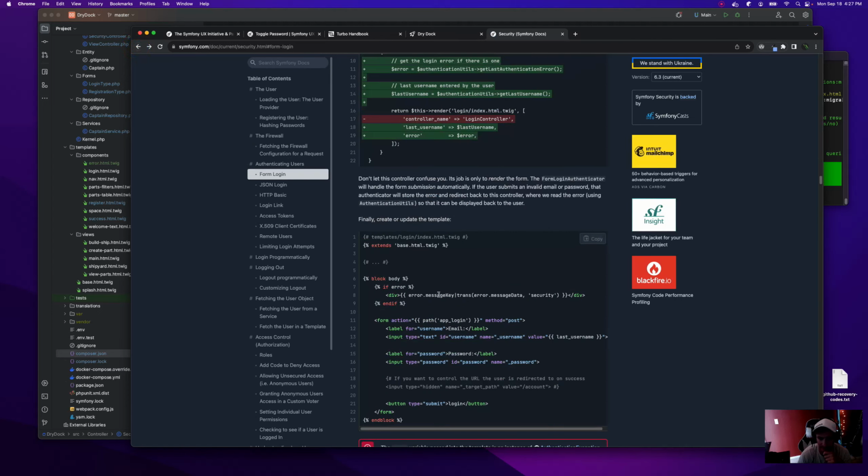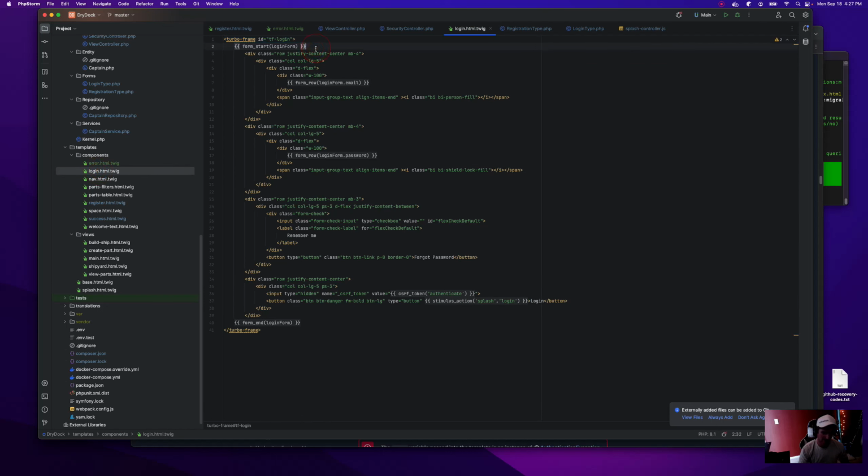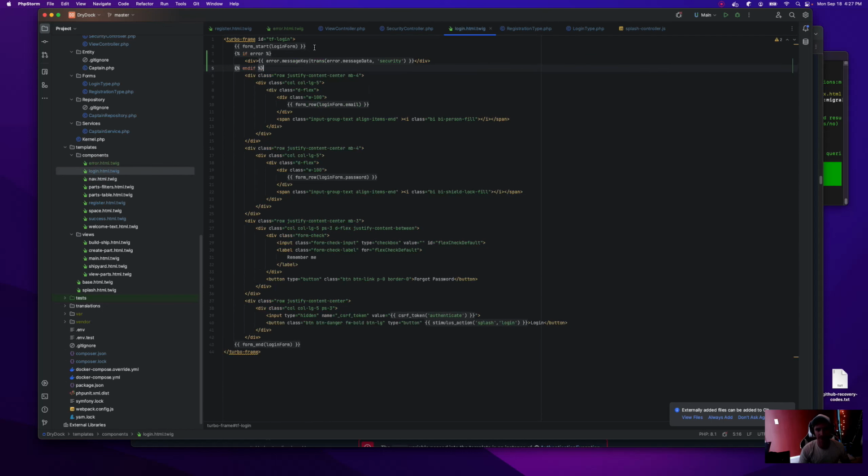Here we go. We're going to need to add this, and value of last username, that's going to need to get added as well. And we're going to have to do that in a twig thing, but it'll just be blank for now, that's fine. But you see what they're doing there? The value is just getting passed dynamically. Cool. Alright, so that's where our form errors are going to be.